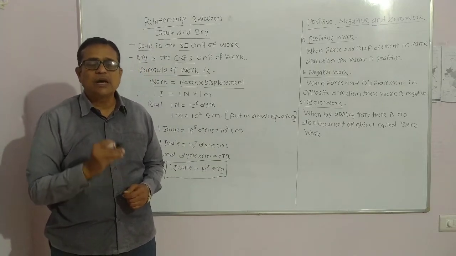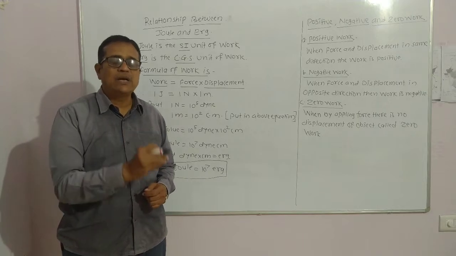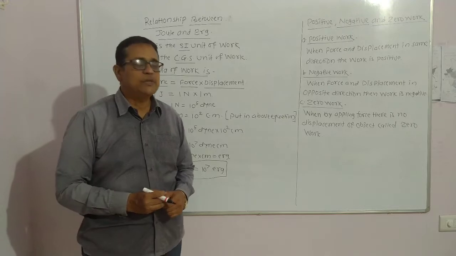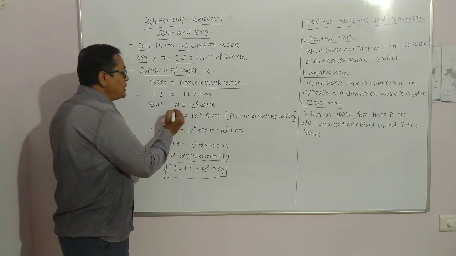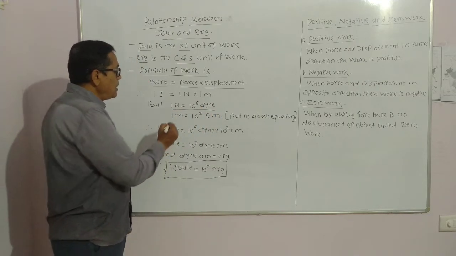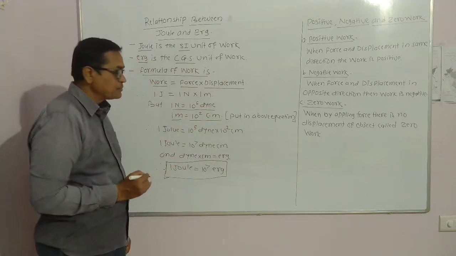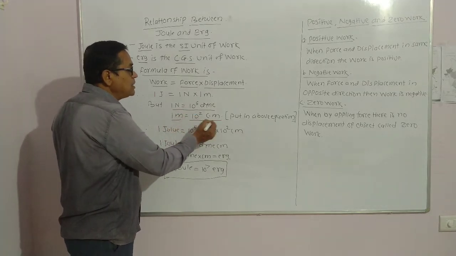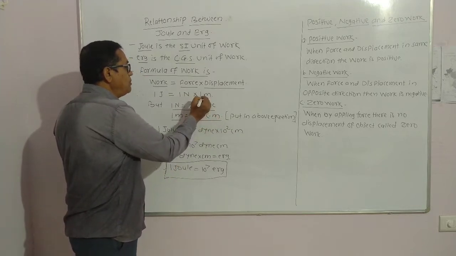because Newton is the SI unit of force and dyne is the CGS unit of force, and meter is the SI unit of displacement and centimeter is the CGS unit of displacement. Hence 1 Newton equals 10 to the power 5 dyne is a very important matter here, and 1 meter equals 10 to the power 2 centimeter. This value of Newton and meter in dyne and centimeter, put in the above equation, ही value या वरच्या equation